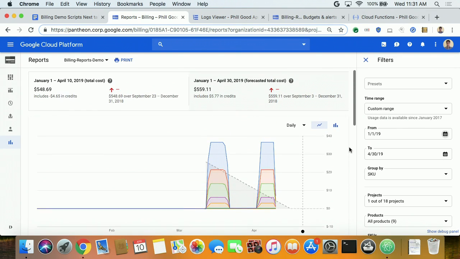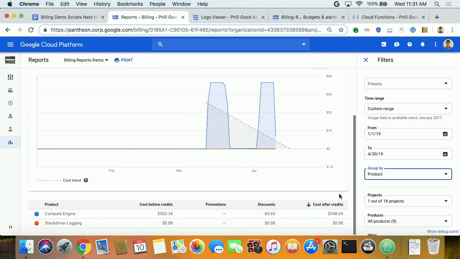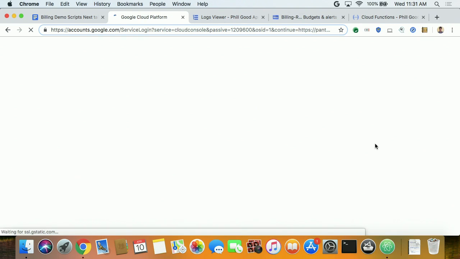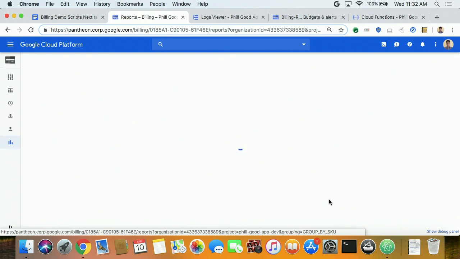But that might be too granular, so let's see, group by product, and it's all Compute Engine, and there's some Stackdriver Logging at 0 cost. So the next thing I might want to do is just say, well, I'm the billing account administrator. So if I want to see all of the spending in the billing account, I could just select